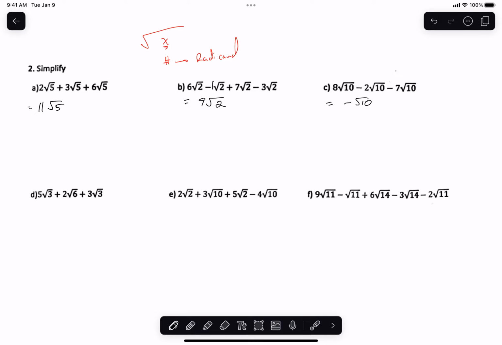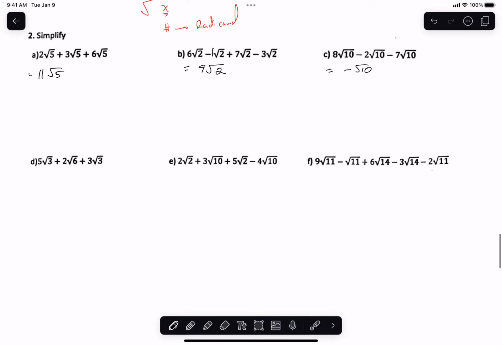For this one here, I can combine the 5 root 3 and the 3 root 3 to be 8 root 3s, but I cannot combine the 2 root 6s, so I'm just going to add the 2 root 6 there. For the next one, 2 root 2 plus 3 root 10